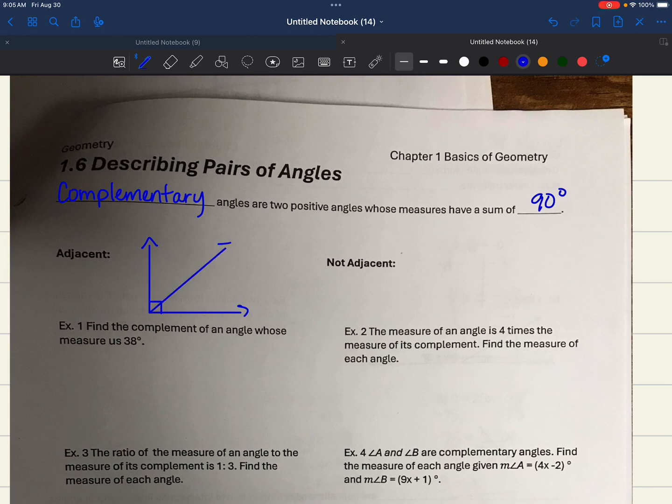A shared side, right? So if I have a complementary angle here, these two have a shared side. So this might be 50 degrees, this might be 40 degrees. The two angles are still complementary because they add to equal 90, and they're adjacent because they share a side. Then it's possible to have non-adjacent,